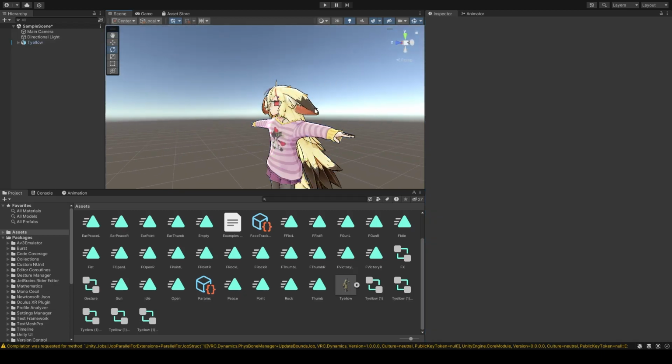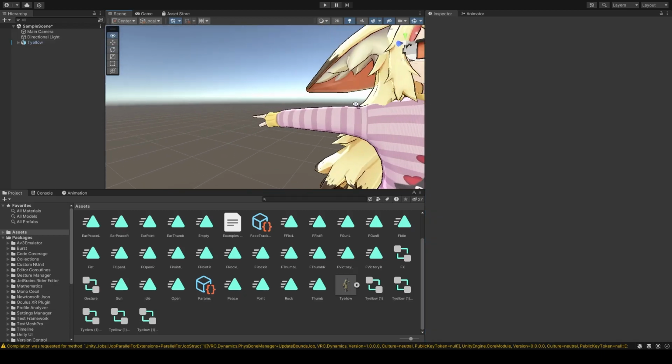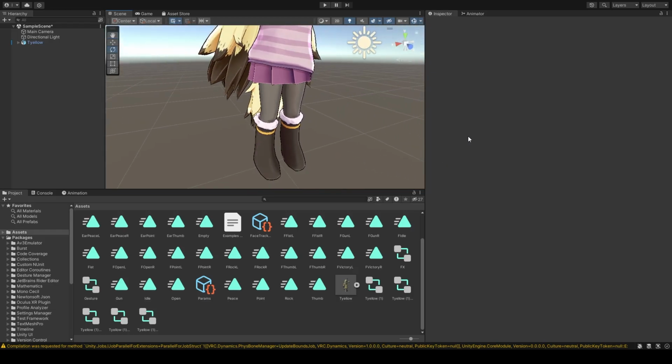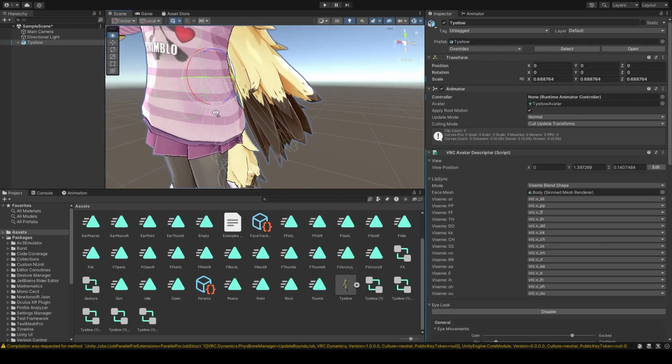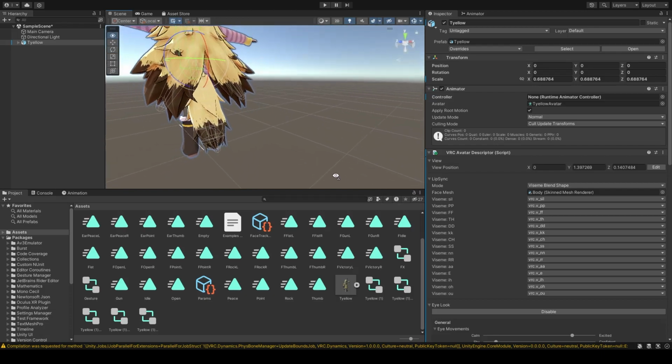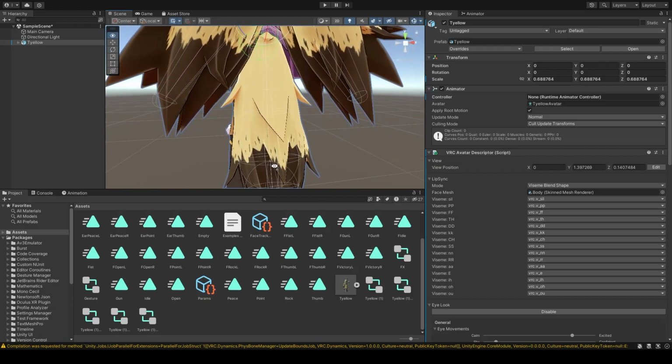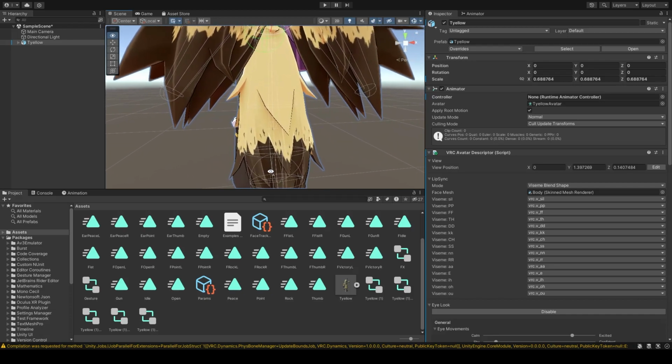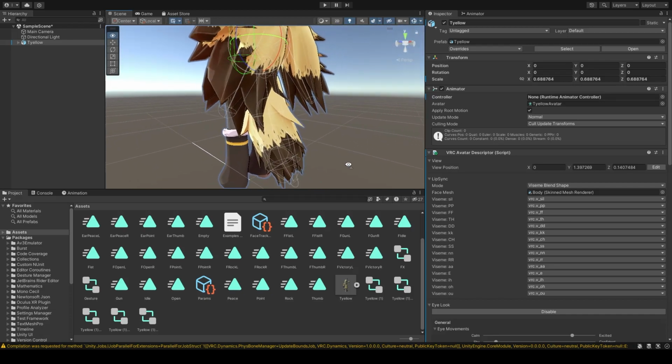Before I do this, I very much suggest having physics on the ears and the tail because it smooths out the animations. I don't know how well that works with Quest. I know Quest can have a couple of FizzBone components. I suggest making a hair root so you can have more physics per FizzBone component and all that. So, anyways,